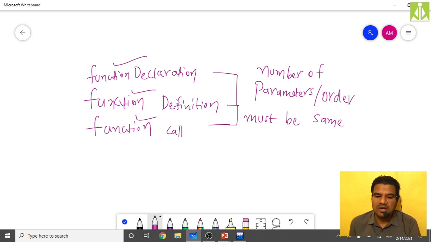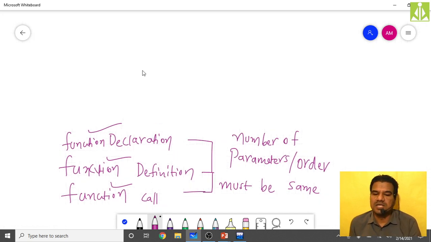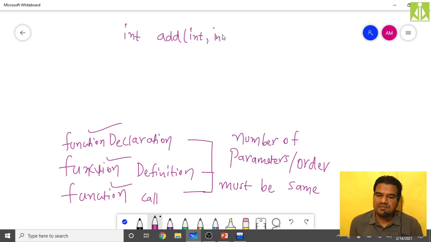What does exactly this mean? See, if I'm doing the function declaration, which we do outside of the main function, before the main function, let us say I'm saying int add of int comma int. What does it mean? My function has an output of integer type, and it takes two integer values as input.